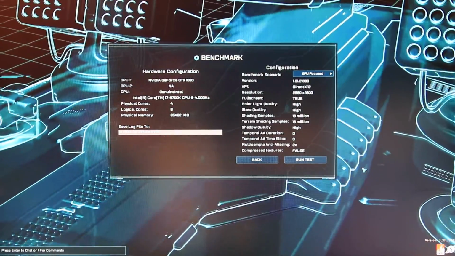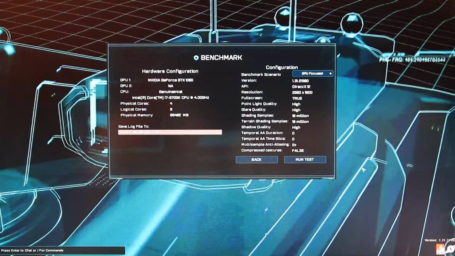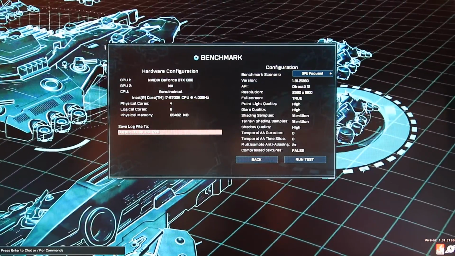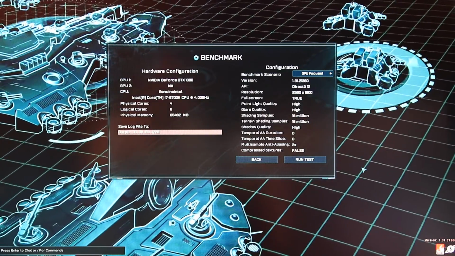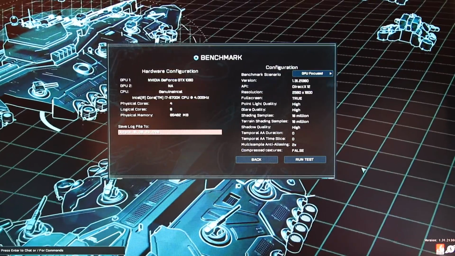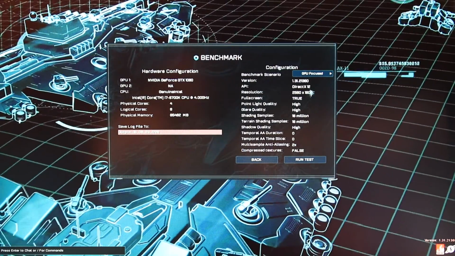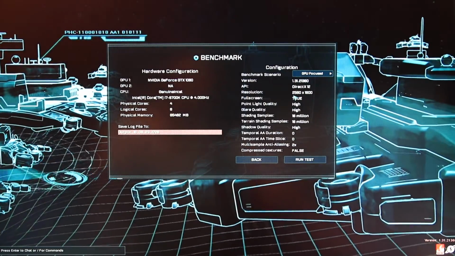Alright, I just loaded up Ashes of the Singularity. This is benchmarking in a crude fashion how my new MSI GTX 1080 Gaming Z card is going to do. So I've gone ahead straight off and cranked up our graphics setting. We are using the DirectX 12 version of the game, running at the max resolution of my